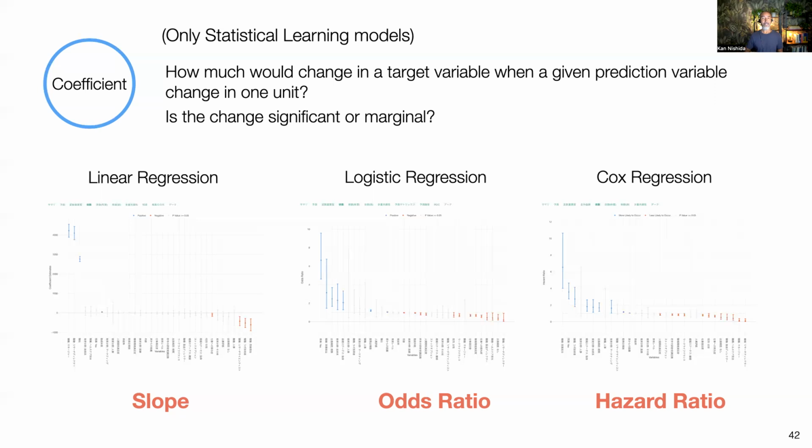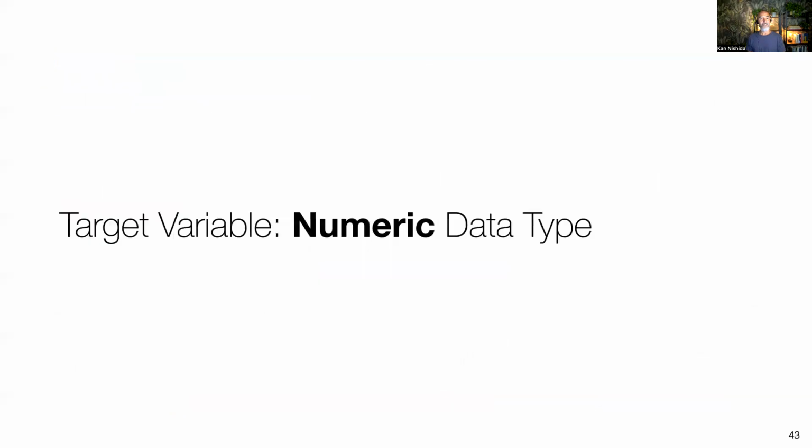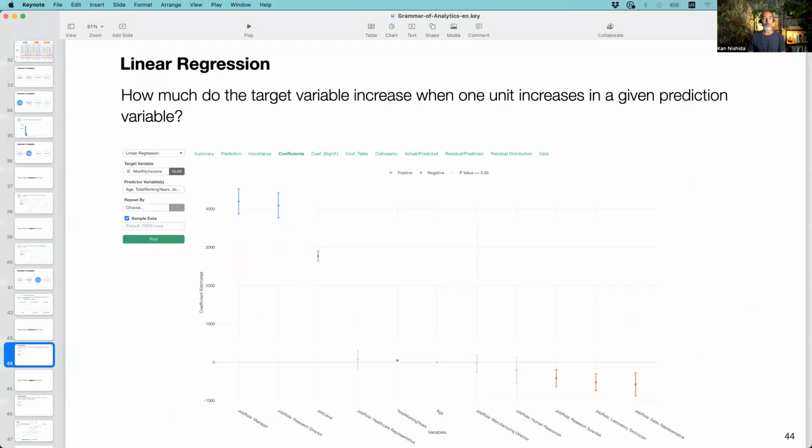Other than that, it's basically the same kind of information you can find in the variable importance and the prediction by variables. Okay, so we are using a linear regression, so what we can find is a slope or coefficient. So let's go to the